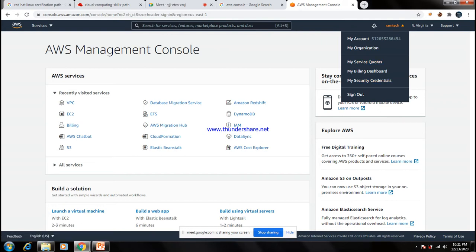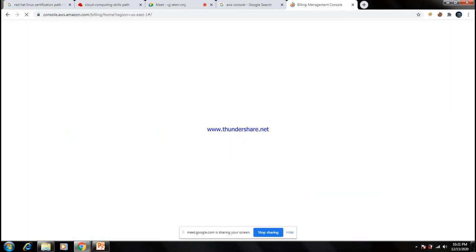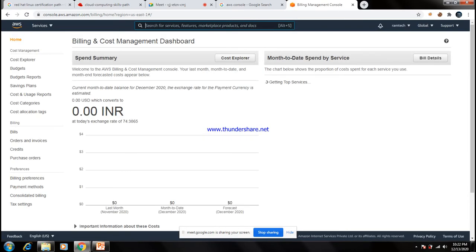For example, if you forget a service, it will become a cost. So every time you open the management console, first check the billing dashboard, to see whether there is any cost or not. I want to check now. See, madam, it's not having any cost, because I am not running any other instance.